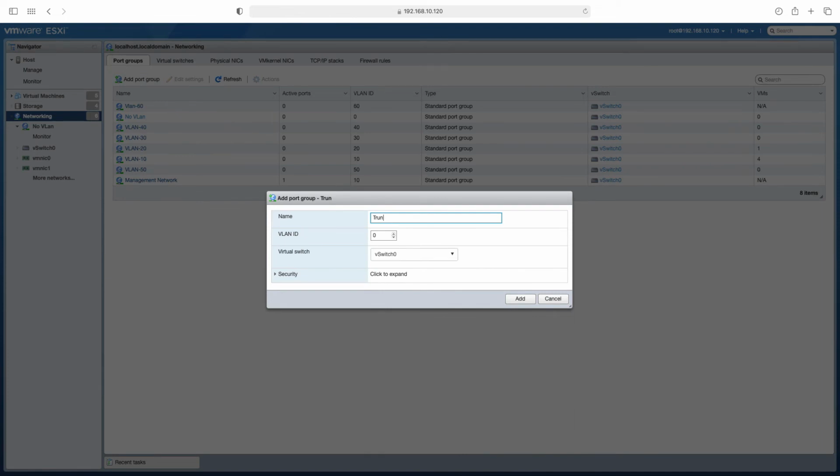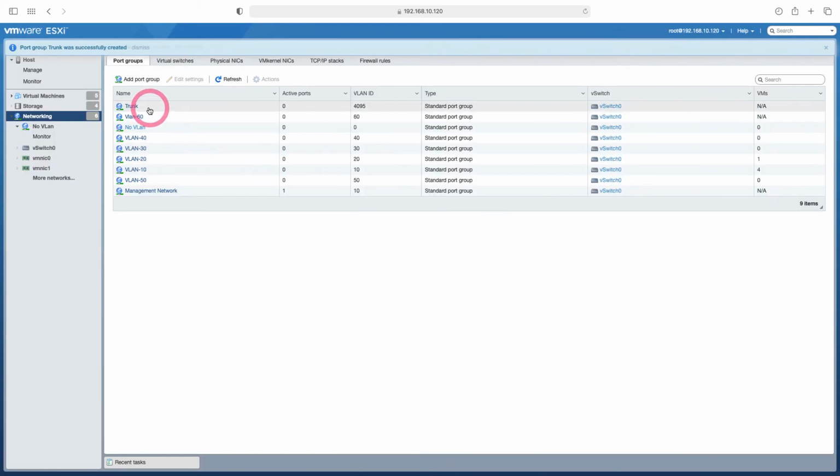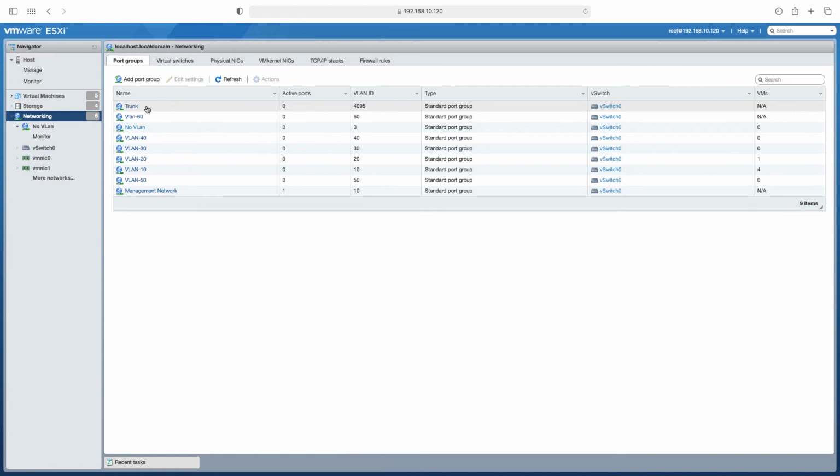I write trunk to the name of our group. In the VLAN ID part we can normally write between 1 and 4094, but if we want this port group to be trunk, we need to write 4095 here. When you type 4095, all VLANs pass through this port group. Here, I choose our virtual switch and say Add. Now you can trunk the interfaces of a virtual firewall or wireless LAN controller that you will install on ESXi by taking this port group. Now, after creating the port groups, let's go to Virtual Switch again and check.